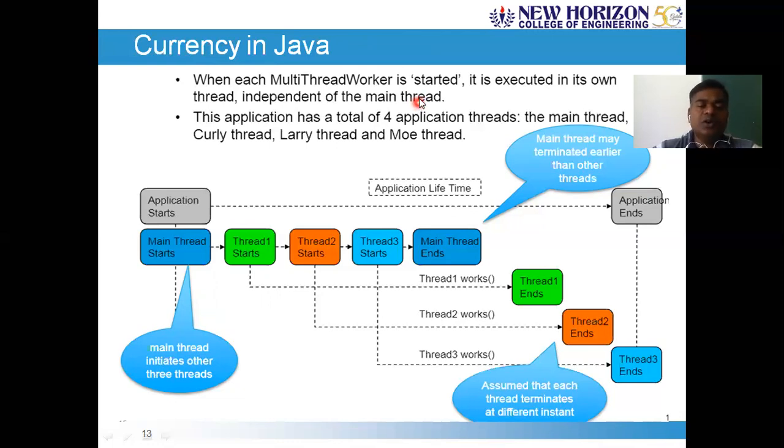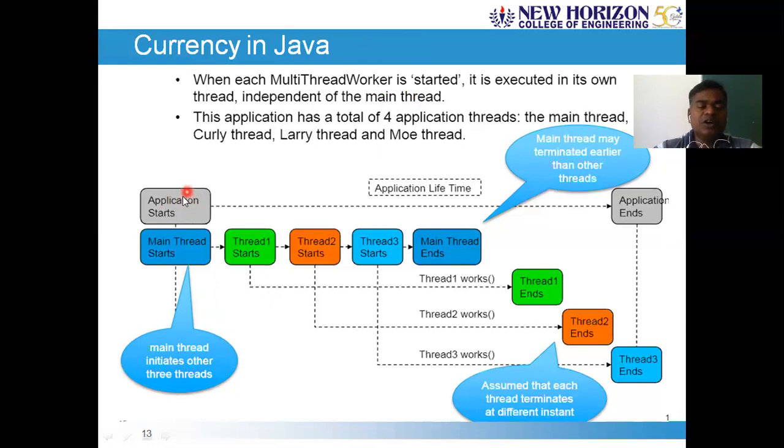This is what we call inter-thread communication, and the other one is inter-process communication. Now if you look at this diagram, there are a total of 4 threads: the main thread, Curly thread, Larry thread, and Moe thread. You have a set of instructions for your program.